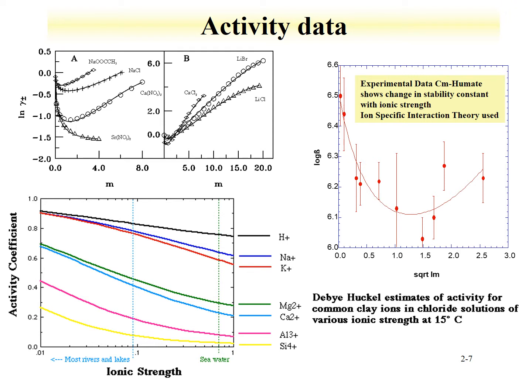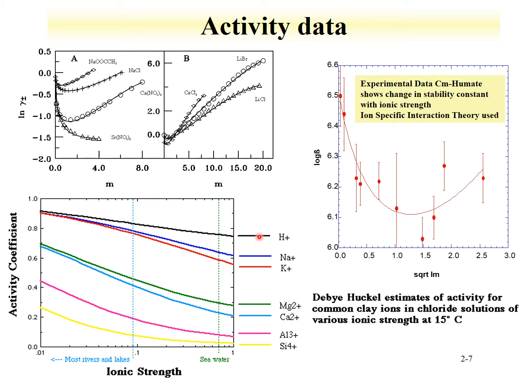Overall, by evaluating the activity as a function of molal ionic strength, there's a few conditions that one can evaluate. This figure here shows activity coefficients for different sodium salts as a function of ionic strength, for different calcium chlorides, lithium bromide, lithium chlorides here. And then activity coefficients in this figure here showing ionic strength variations from low ionic strength to seawater levels with